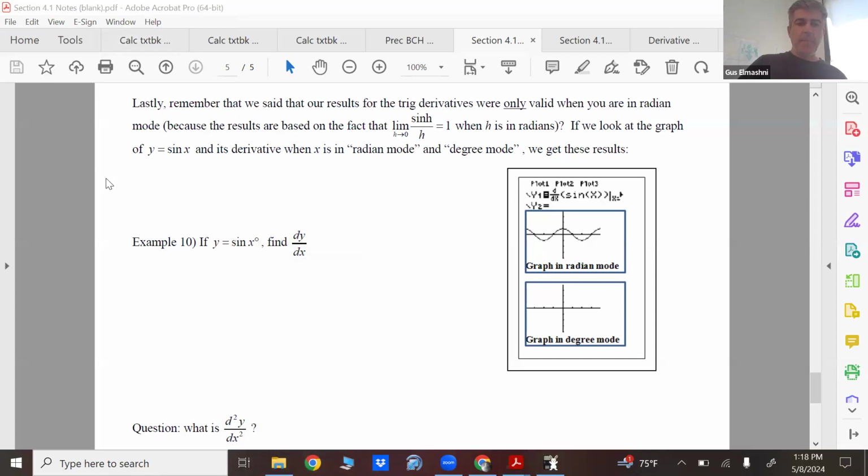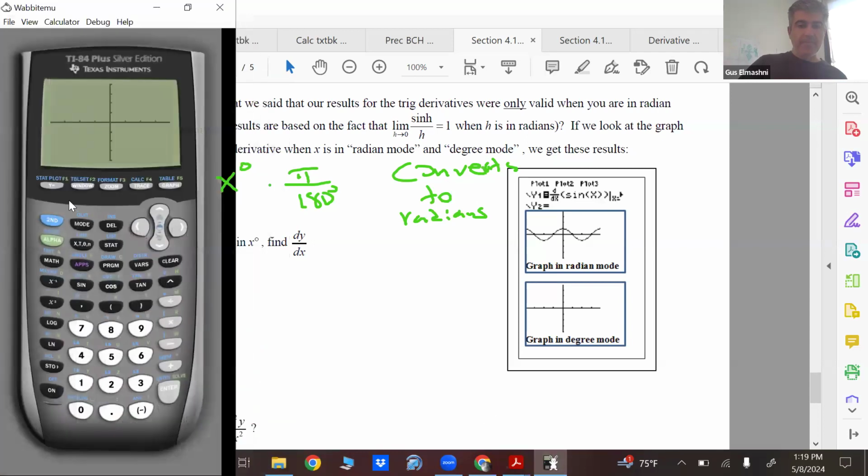So let's think about it. X degrees converts to radians. So if I were to incorporate that,